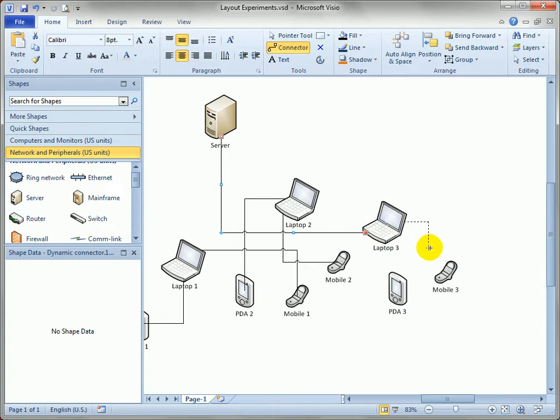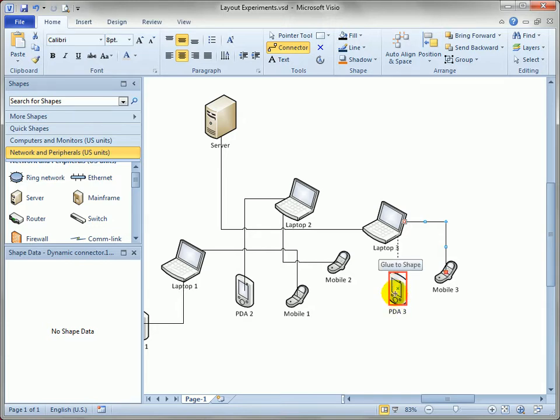So let's connect the laptop to the mobile phone, and you'll see here, for small network shapes have connection points on them. You can see over here, there's the connection point in the center of all these shapes. It's really easy to create a point-to-point glue by accident. Now, it's not such a bad thing, but if you don't want that to happen, when you're over a shape, you can either try to move around the shape till you see the big rectangle, which creates a dynamic glue connection, or hold down the control key when you go over the shape, and it will ignore all the connection